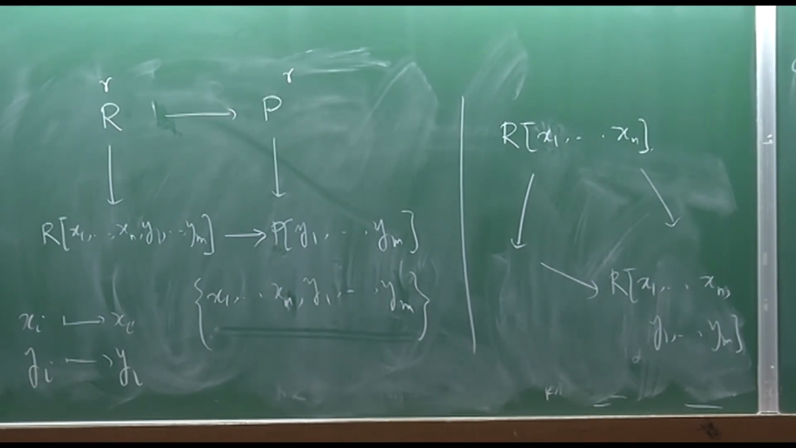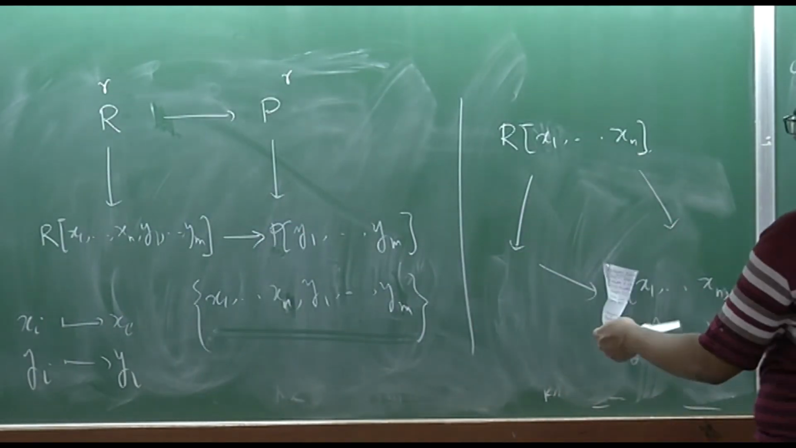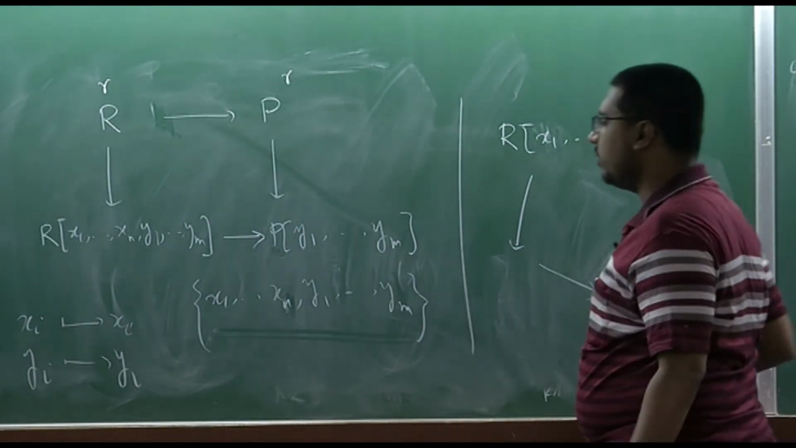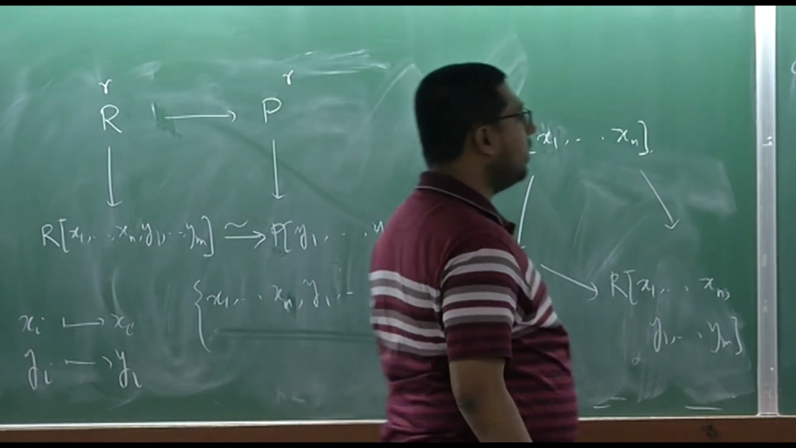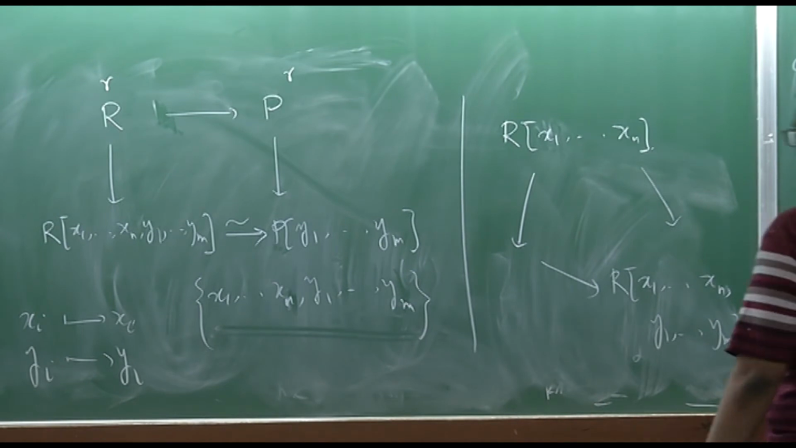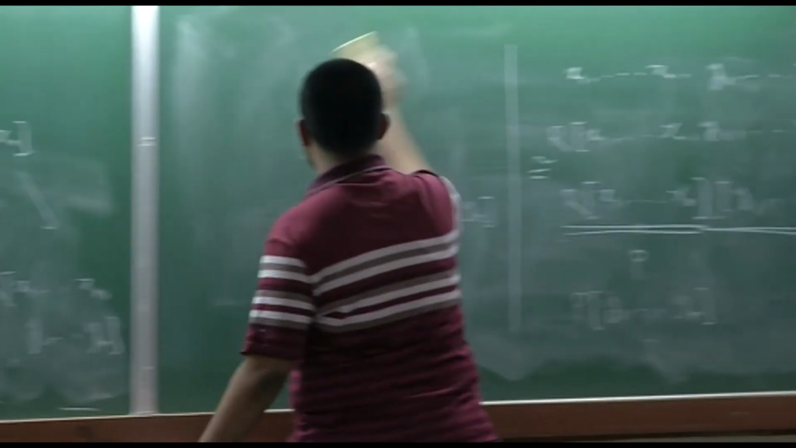The final detailed verifications I am leaving to you. So, just by repeated use of the substitution principle, we see that these two rings are isomorphic. So, in the very special case when we have only two variables x and y, what this says is R[x,y]